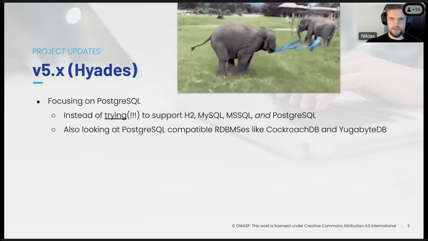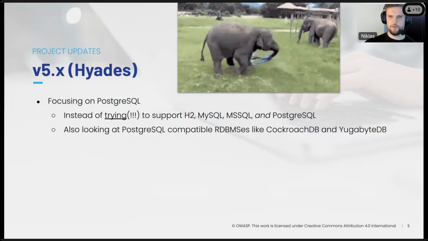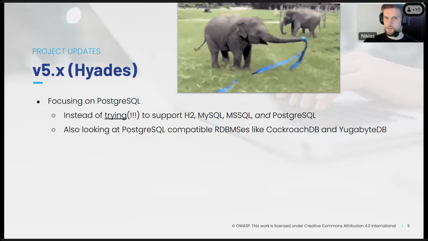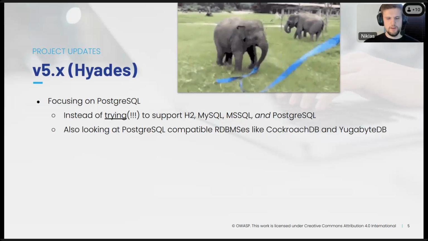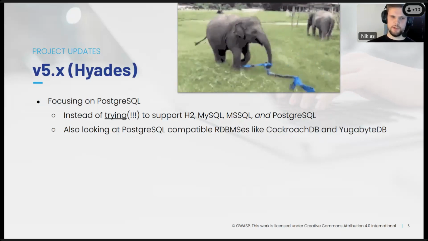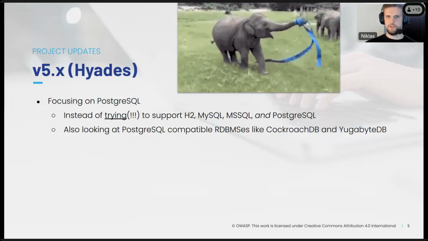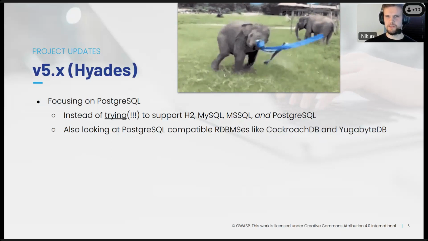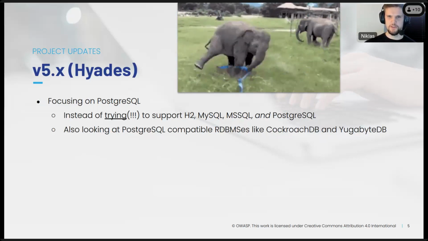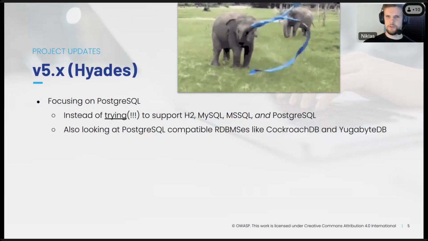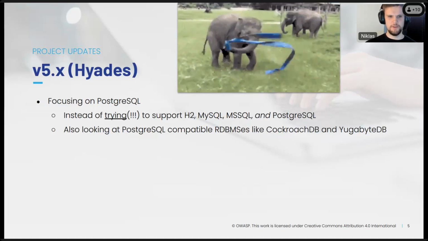And we are also looking at multiple database-as-a-service offerings like CockroachDB or YugabyteDB, which are compatible with Postgres for the most part. There are a few customizations that you need to do to support these, but we really want to support these as well. So even if we just say we support Postgres, really what that means is there's a big ecosystem out there around Postgres, various software as a service offerings, various self-hosted options. So it's not like you're bound to a single database installation here.